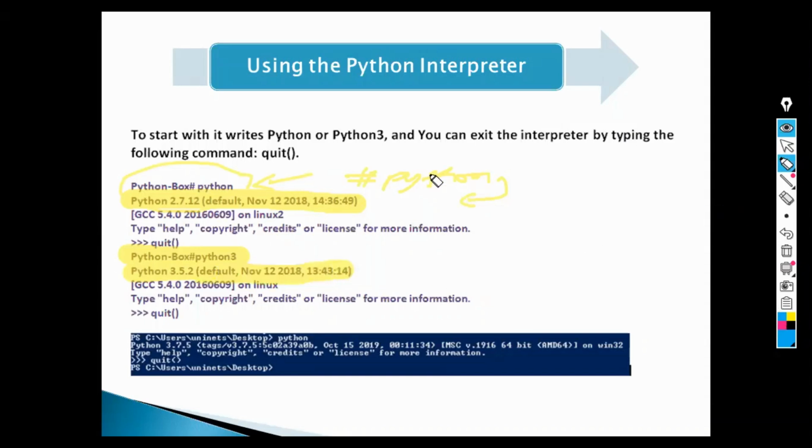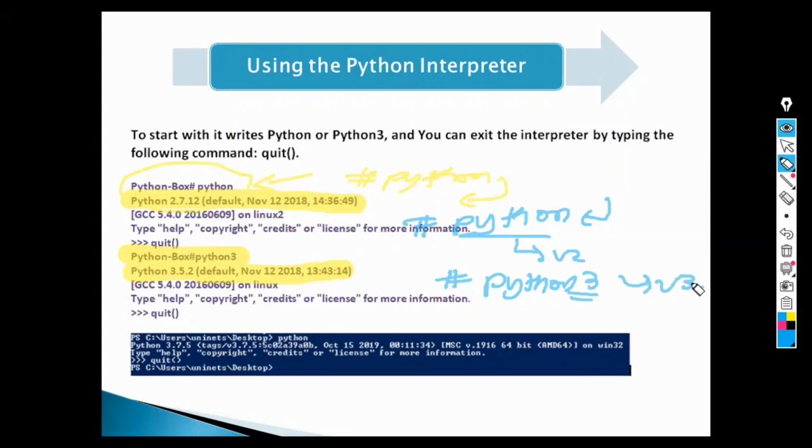Okay, so this is very simple. There are two keywords which I told you. If you are using a Linux box, you enter through python and you will enter version 2, and if you write python3, specifically mentioning version 3, then you will enter version 3. How to come out of the interpreter, I will let you know. But for the basic thing, you can see over the slide which I have prepared for you that it is quit with the parentheses, open and close. If you do that, you will come out of the interpreter.